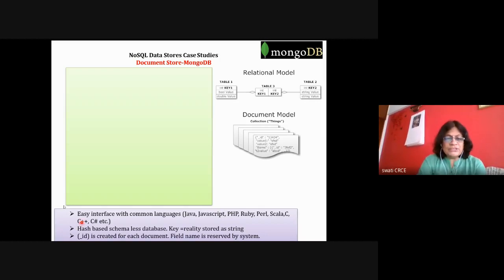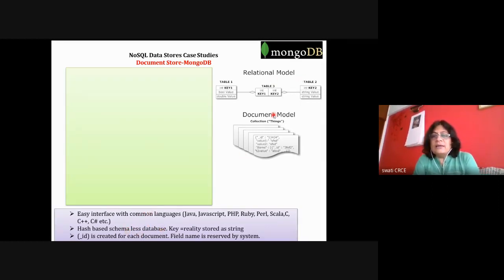So these are the features which you need to remember always: APIs are provided, so you can easily write a program using any language. Hash based techniques are used. A document can be accessed using a key, and every document has an ID generated, and the value is also system generated. And it uses BSON format, that is binary JSON, which is based on JSON, a format to store the data. So you need to remember all these four features. These are very important, so I've kept it visible always.